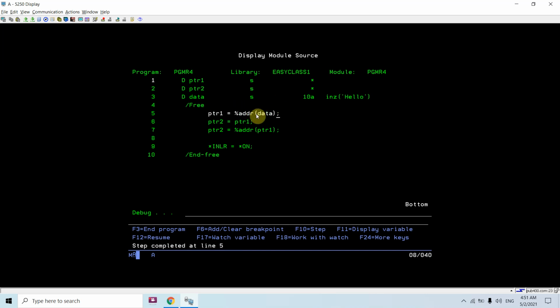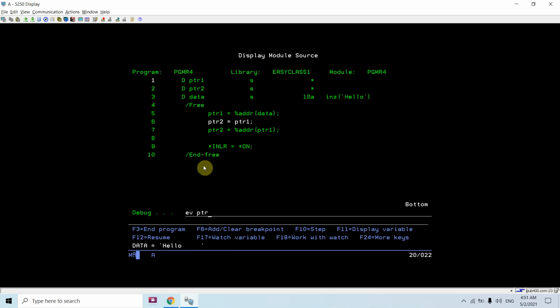Now what I'm doing is I am extracting the address of this data variable, for which the memory is allocated, and I'm storing that in ptr1. Now ptr1 stores the address of data. How will I check?